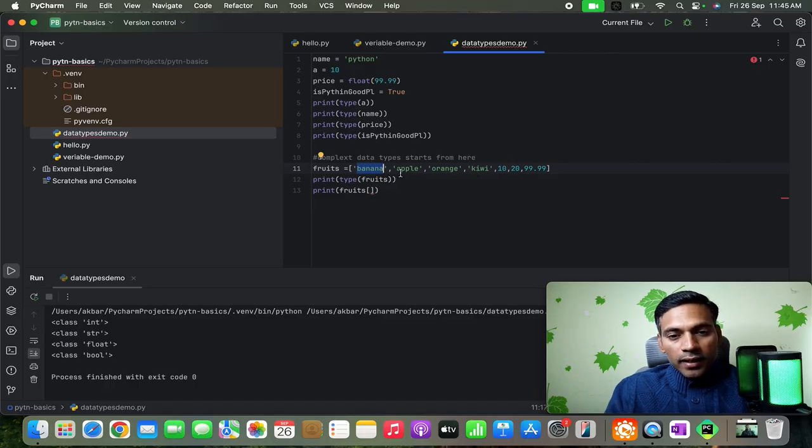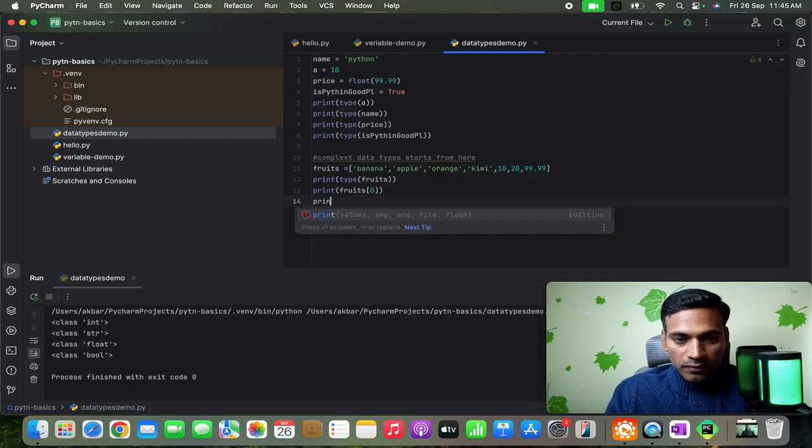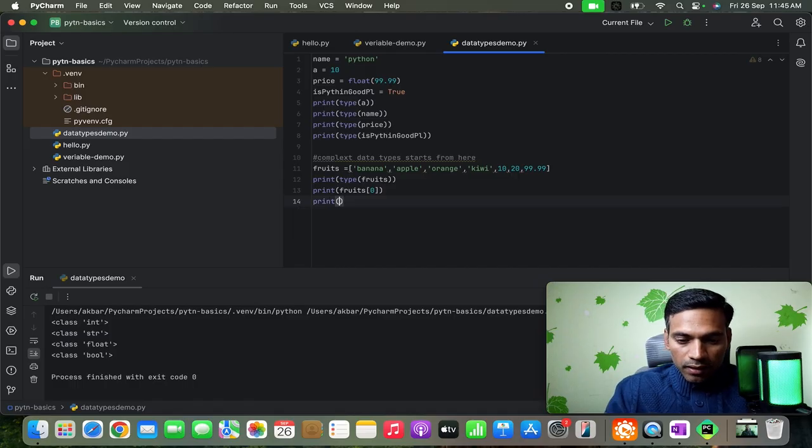So if you want to access any specific value from the list, you can use the position of that particular value. From fruits, if I try to access the 0th position, and the index starts from 0, by the way, right? And if you want to know how many elements are there inside a list, then you can use